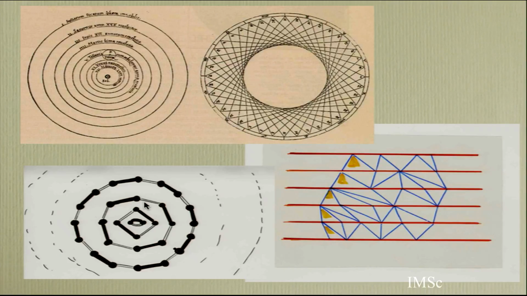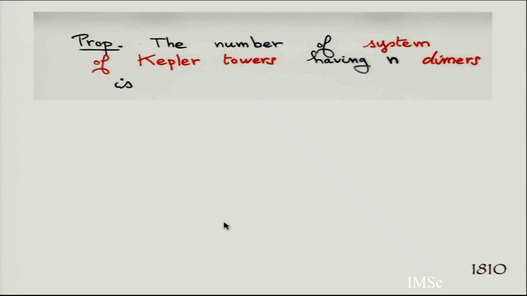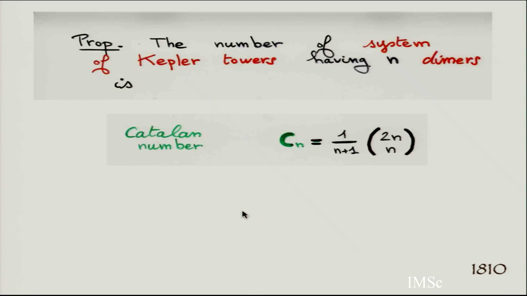And to explain the solar system, there's gravity, this is quantum gravity. I think this was fit. This was a good term, Kepler tower, because of all this connection. And so here is a number, so this is a Catalan number.